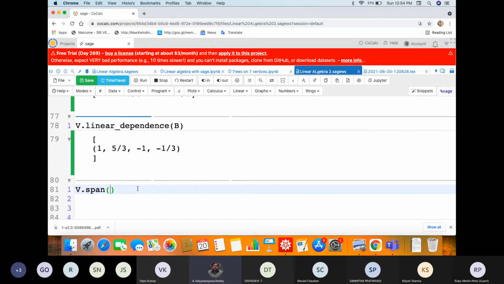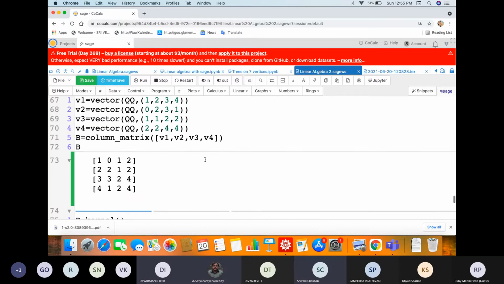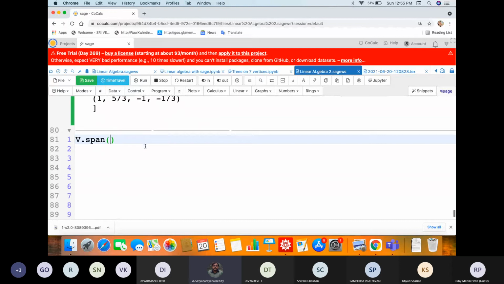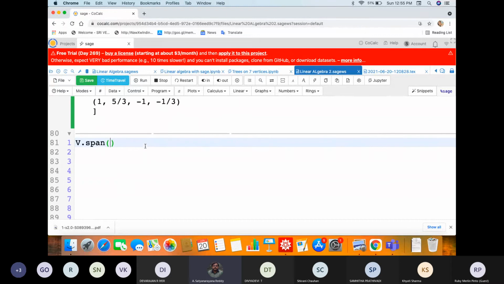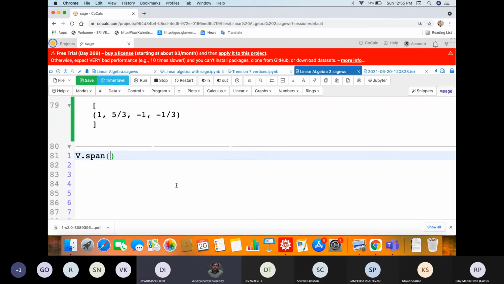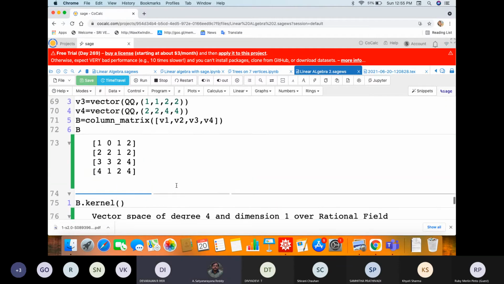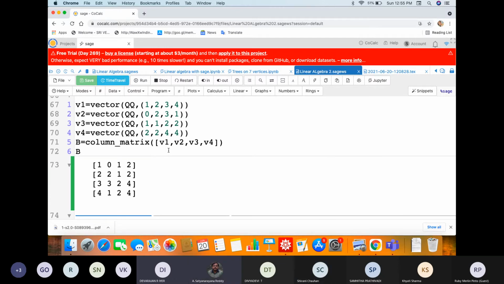Deva, you have something? Yes, ma'am, is B a column matrix here, or is it just a set of vectors? It is vectors, but those are columns. We constructed a matrix from the vectors with each vector as a column. My question was what type of input this takes. Now we have given it as a matrix, columns. So can we just give V1, V2, V3, V4 without it? Yes, that is also possible.